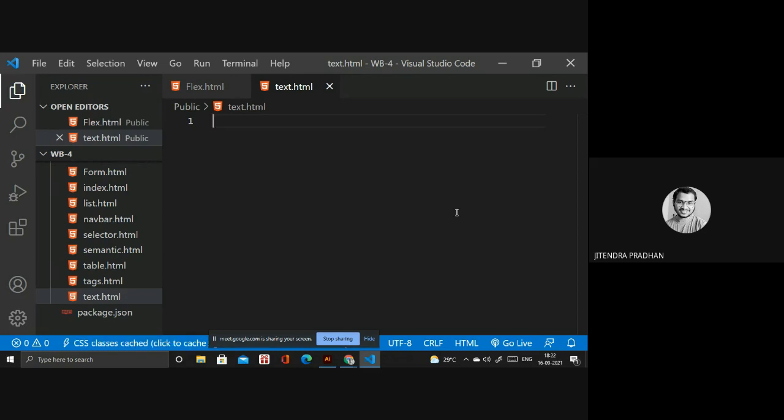Next we have font style, and we have text transform. Text transform means if you want to convert lowercase letters to uppercase or uppercase to lowercase, at that time you use text transform. Okay. So text decoration we are using, and we have text shadow, text alignment, letter spacing, word spacing. We have font variant. We have text indent. If you want to indent a particular paragraph toward the middle of your screen, then you can by using text indent.